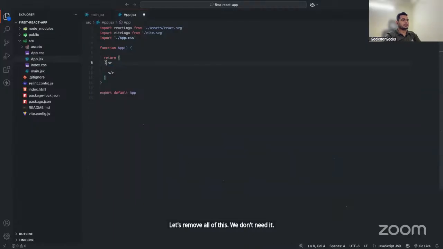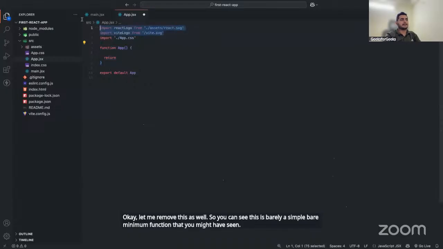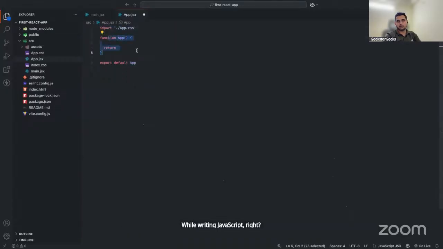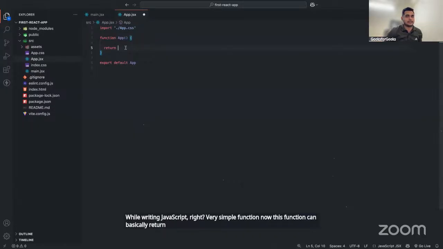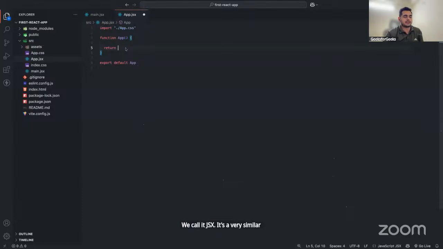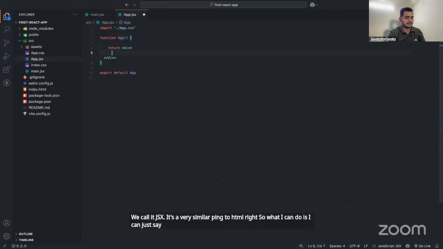We don't need it. Okay, let me remove this as well. So you can see this is a simple, bare minimum function that you might have seen while writing JavaScript, right? Very simple function. Now this function can basically return something called JSX. It's a very similar thing to HTML, right? So what I can do is I can just say div, and inside the div, I can say h1, and I can say, for example, my first React app,